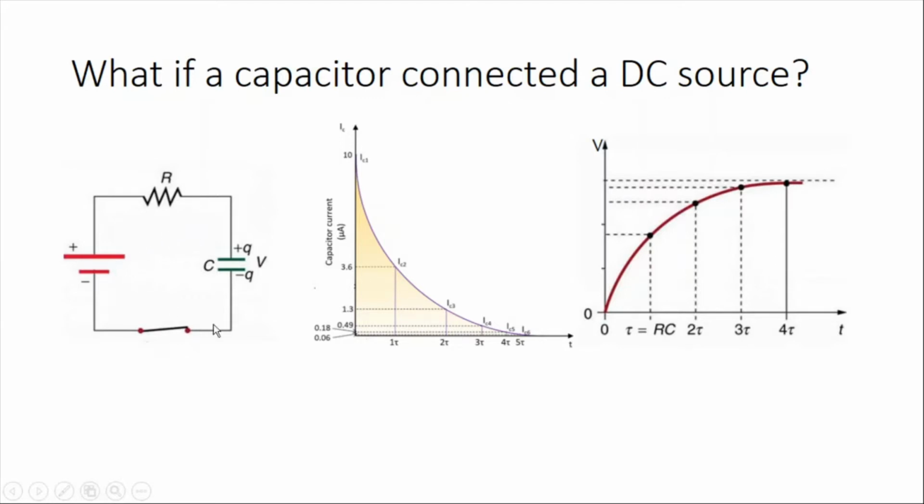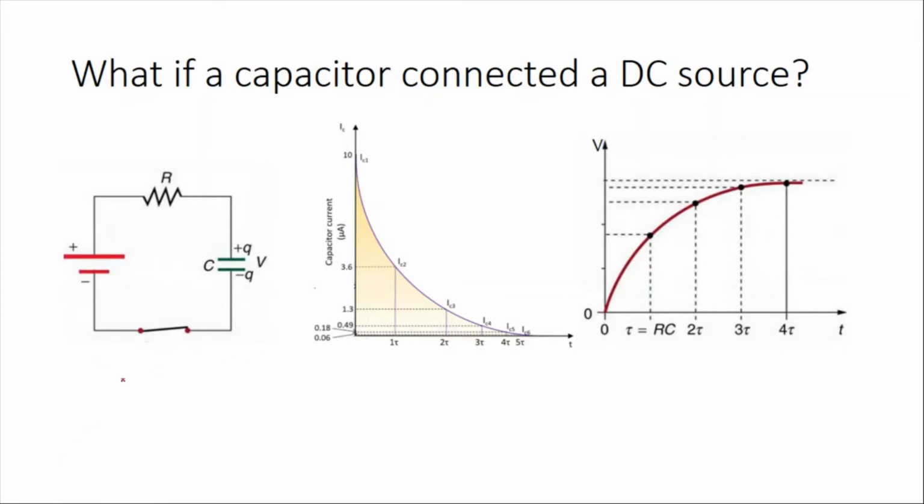As you see, when this switch is on, the current is going to start flowing onto the plates of the capacitor, and as the charge accumulates on the plates, the current is going to decrease. It's going to be an exponential function. Why is it decreasing? Because as more charges are on the plates, they are going to repel the incoming electrons or charges, and after some time, when it is completely charged, the current is going to drop to zero, and the voltage here depends on the charge on the plates.